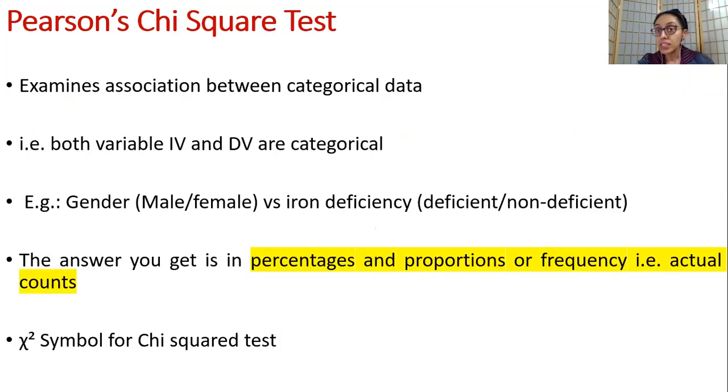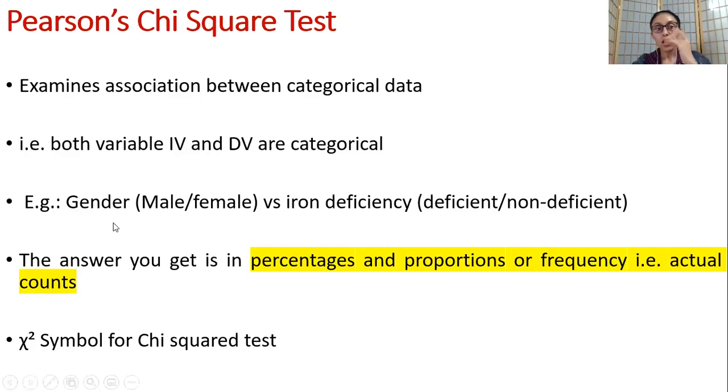So now moving to the last test that we will do as part of our tutorial workshop, Pearson's chi-squared test. And as I said, with chi-squared test, you don't have the concept of parametric, non-parametric per se, because both of your variables are categorical in nature. You have to worry about parametric, non-parametric essentially for continuous variables in 99% of the cases. That is where you have things of whether I should do Pearson's correlation or Spearman's correlation. With chi-square test, you don't have to worry about that because both of your data, IV and DV, are